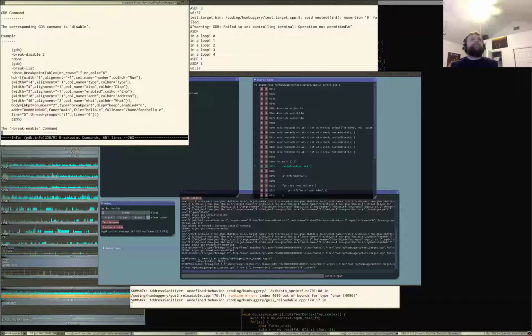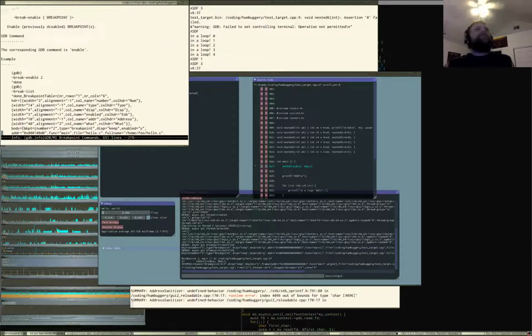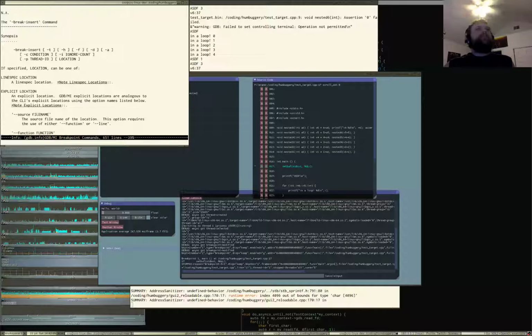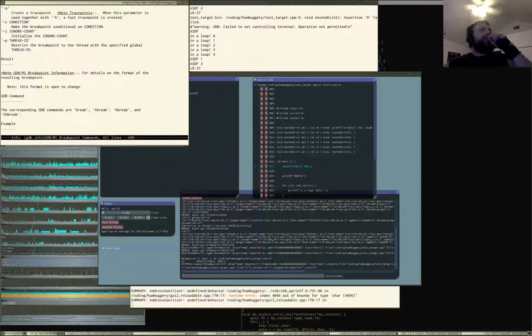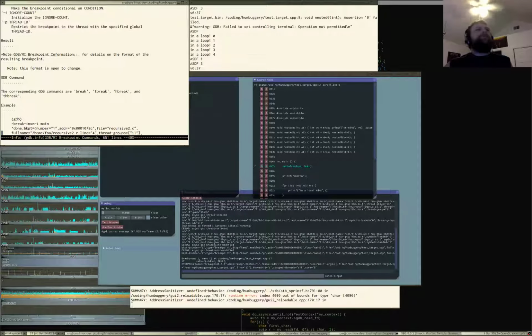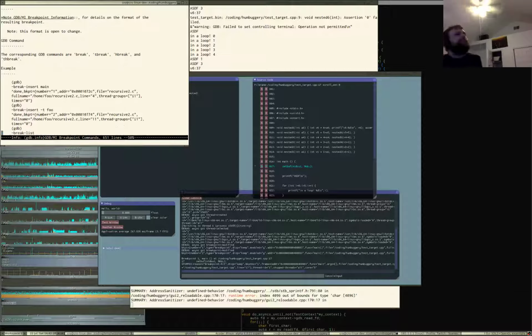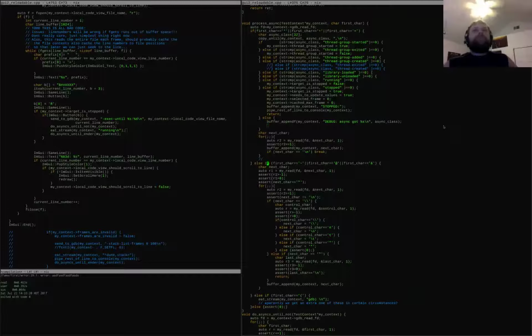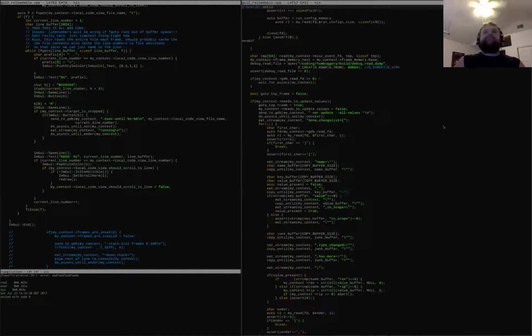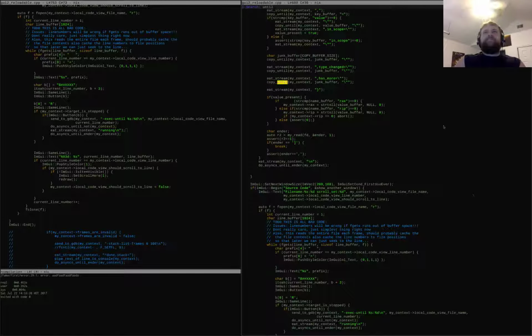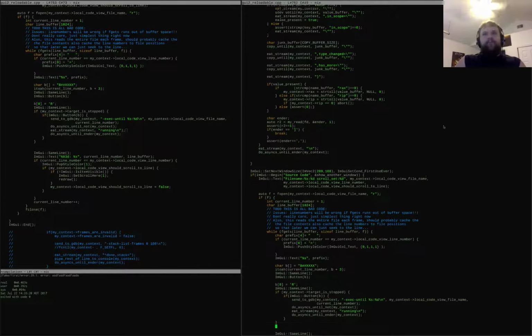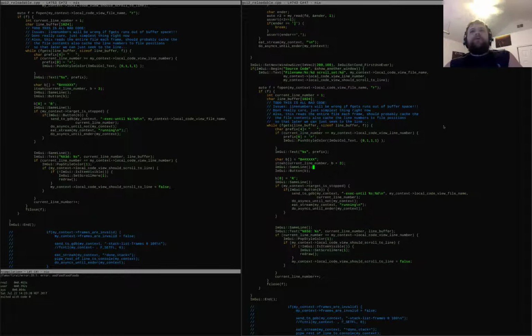Well, I'm going to need to store them if I want to be able to display them or to disable them. And I'm also going to have to parse this stuff here. So, okay, so